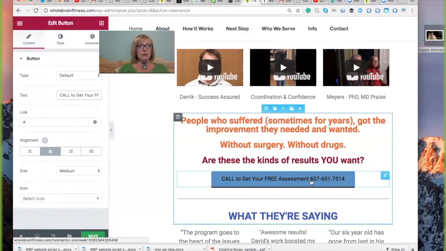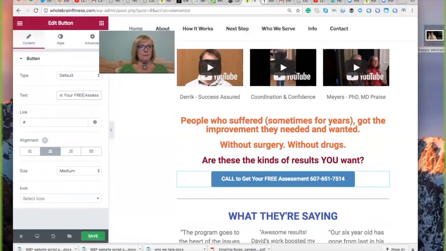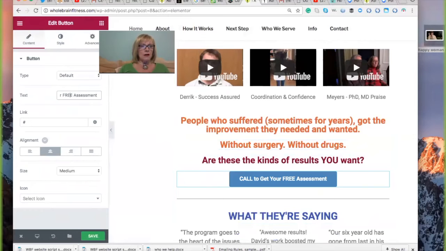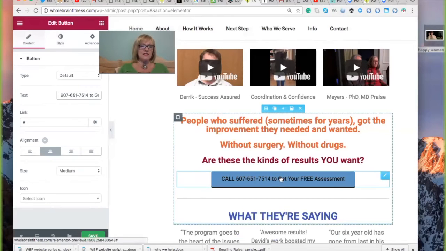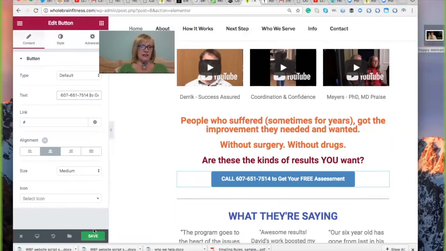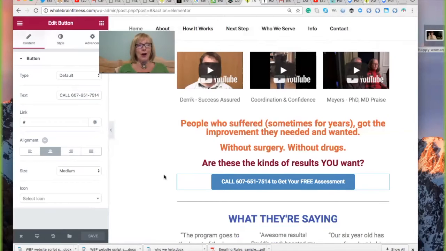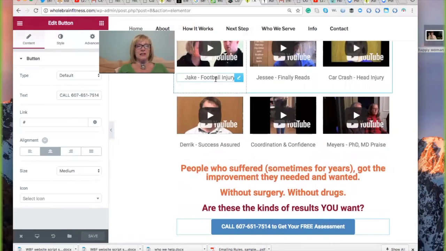We could even move the phone number over here. And this is something that you can test, doing it different ways. So many times I want to go here, but you can't make the changes there. It's call, and add the phone number to get your free assessment. And this can then be a matter of personal preference. It doesn't matter which way you do it. The operant thing being call, because if you've got these kinds of problems,